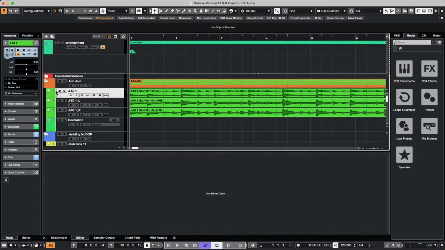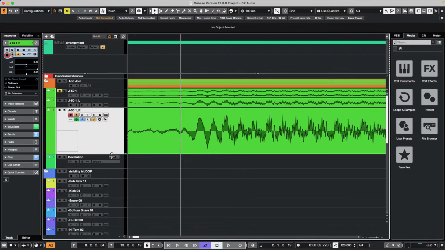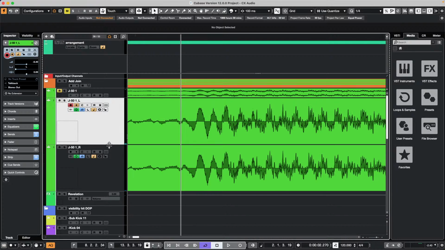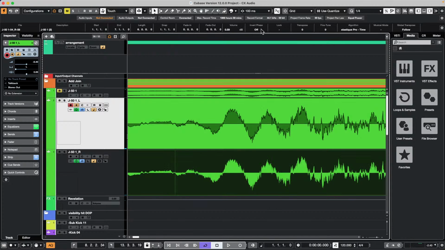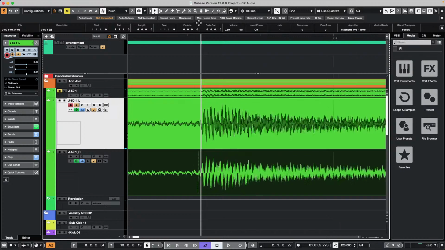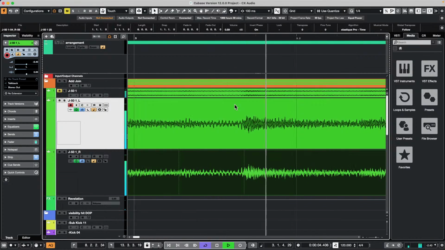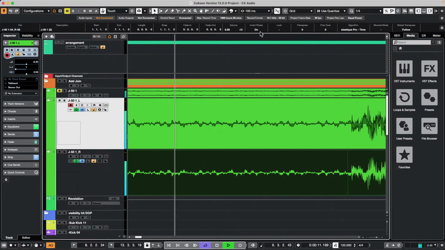Okay, so when we go to look at particular tracks, we can often see phase, and I'll just make this larger to see. All right, so we look at these two waveforms. Imagine this is basically the vibrations in the air. If one of these sources here was out of phase, so I'm just going to invert the phase, we would see that while one waveform of the source is going upward, the other is going the opposite direction. If I wanted to take this and listen to it, it would sound very thin because some of the frequencies are just canceling each other out. But if I flip the phase,